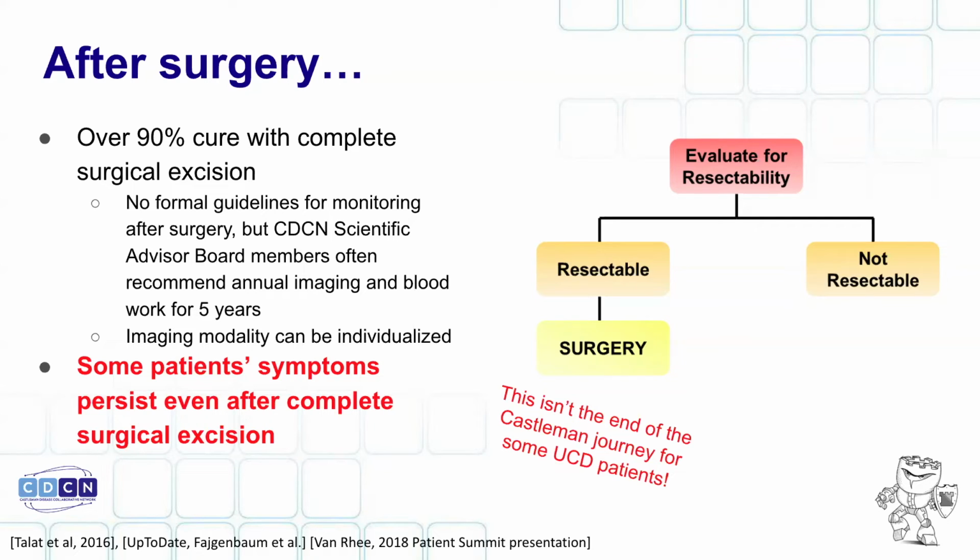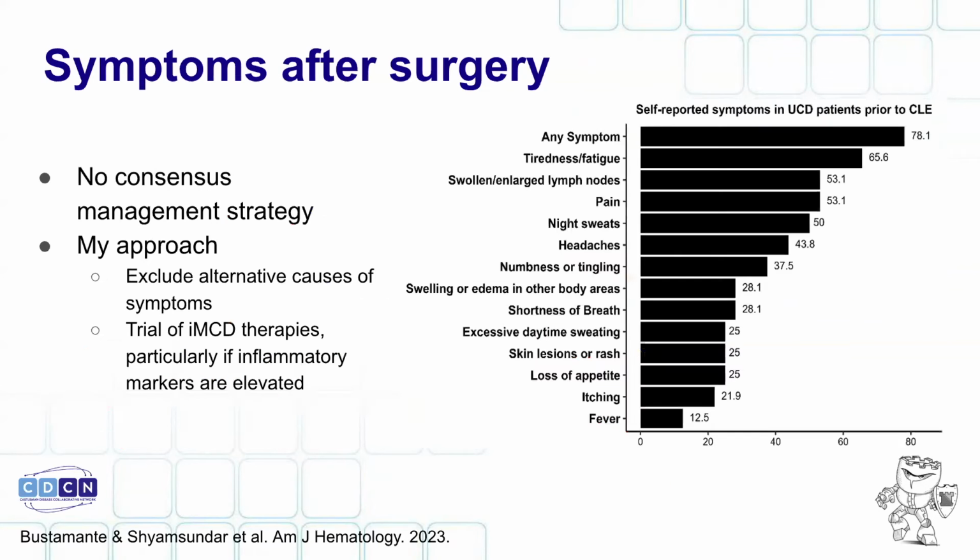These stories we've heard, these stories we've shared. And this is one of the wonderful things that the registry has allowed us to do. It's not just a matter of you telling your doctor, hey, doctor, this happened to me, and then your doctor saying, well, they said to cut it out. I cut it out. You should be better. You're probably just making up your symptoms because the paper said you should be better now. I know very little about unicentric Castleman disease. What I do know is you're supposed to cut it out. And we did that.